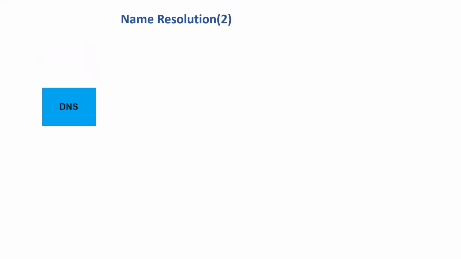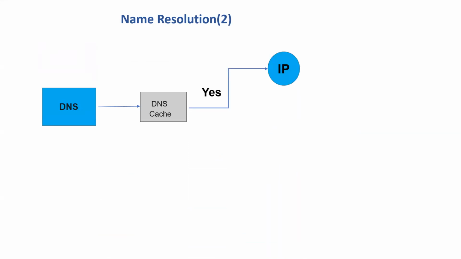Once it reaches the DNS, the first thing it will do is check the local cache of DNS. If it is available in the local cache, well and good, it will directly give the IP address to the browser, and it will get the MAC address, connect to the web server, and fetch the web page. But in case it is not there in the